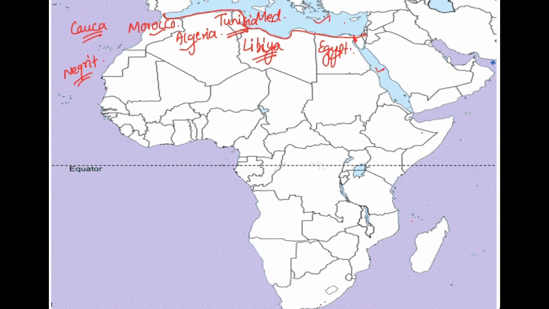The next group, or the subgroup here in North Africa, is the Sahel countries. From here to here, this region, is the region of the Sahel countries. These Sahel countries are also known for having the Sahara, the famous Sahara desert. So if we move from west to east, we have Western Sahara, we have Mauritania, we have Mali.